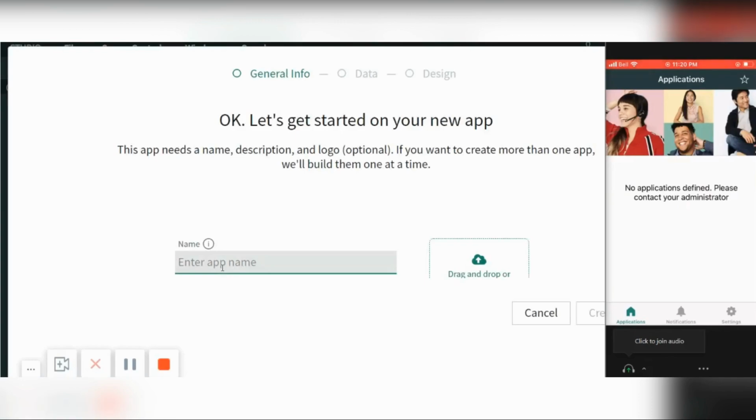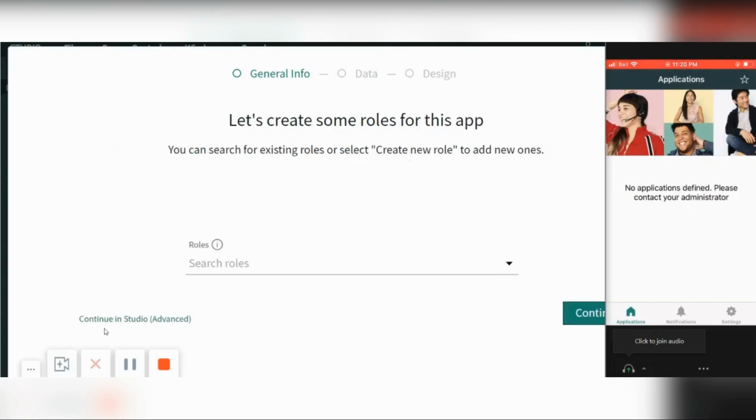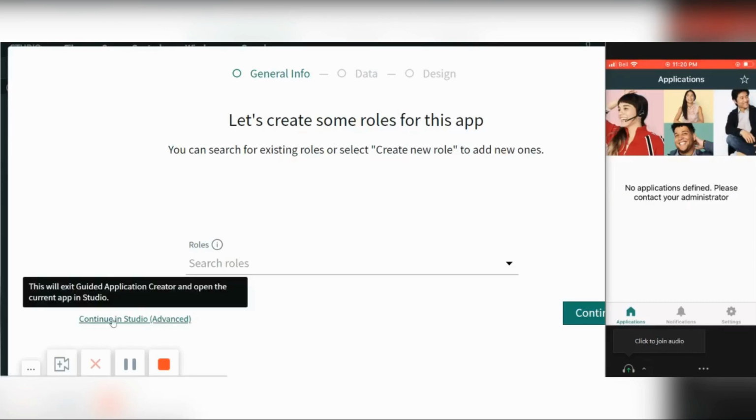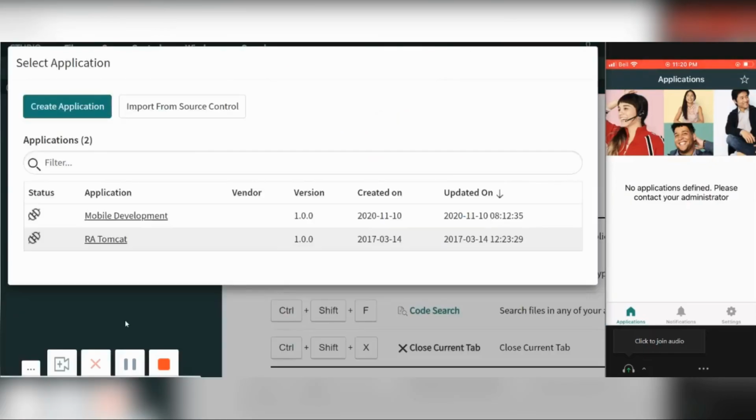I will give the name of my application as mobile dev create. Without adding any roles, data, or design, I'll just click on continue to the studio.